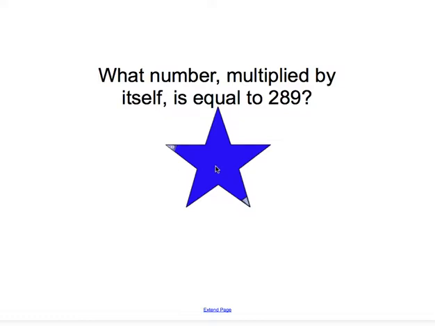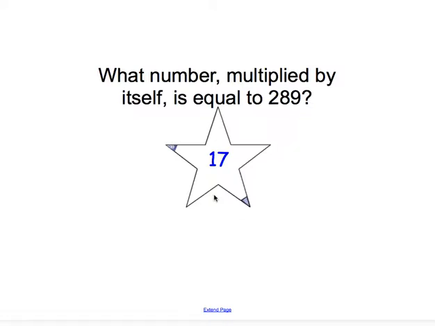Okay, now hopefully you found that the number 17 is the correct answer. If we unsquare 289, we get 17. Now there's many different ways you might have figured that out. Maybe you just started punching things into your calculator and kept trying until you figured out that 17 times 17